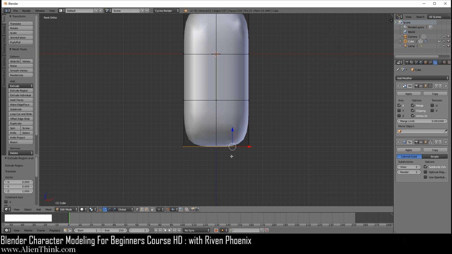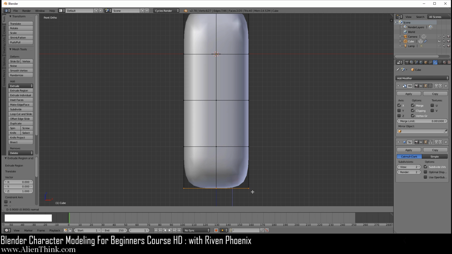So now I'm going to do it again. Now this time when I press E to extrude, I want you to notice right here in the header the numbers that it's showing you. E to extrude, and I'm going to come down. You can see that the number is showing over here 9 and then 1. So that is what 1 grid unit is. Okay, and then A to deselect. So this over here is your head. This is going to be a neck area, and this will become the rest of the human body.